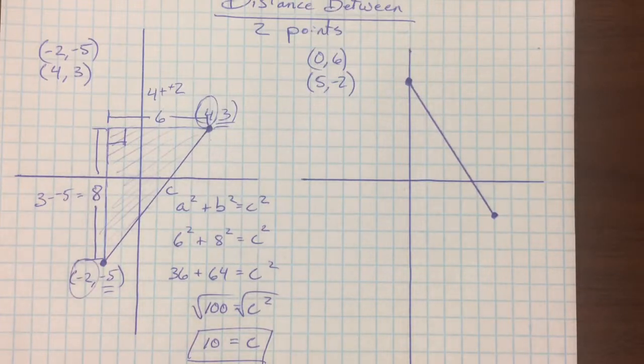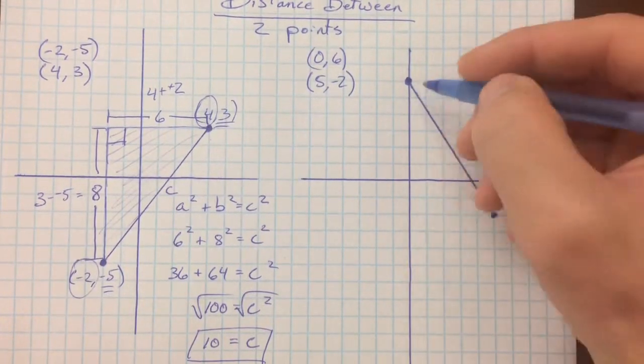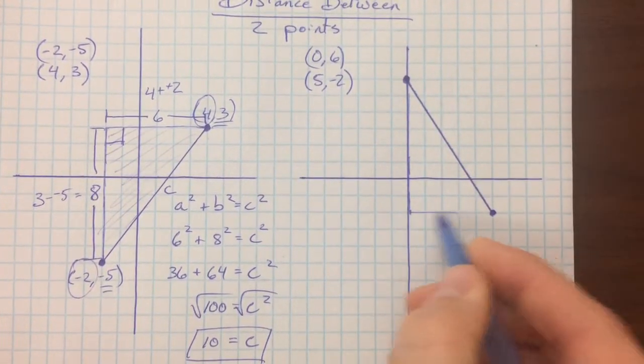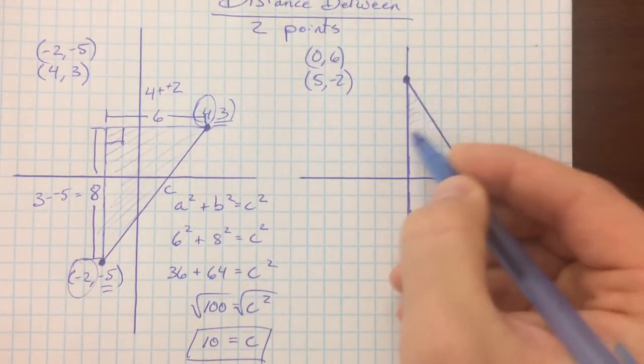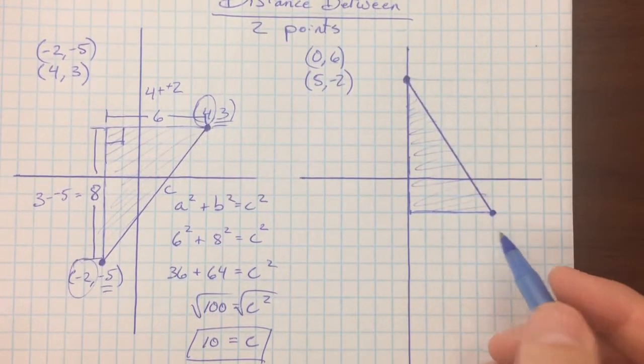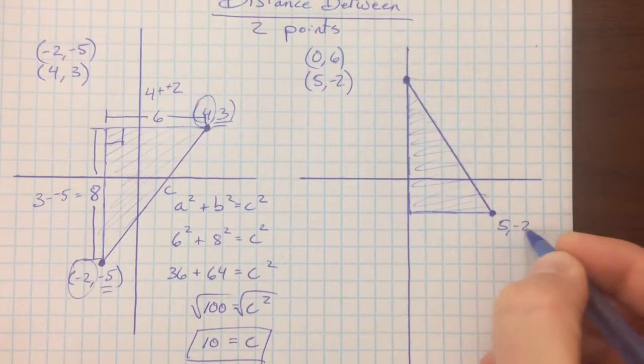Let's try the other one. I'm going to do rise over run again. This time we went down and we went across. And I'm looking at this triangle. You could also go to the right and then down. I'm looking at